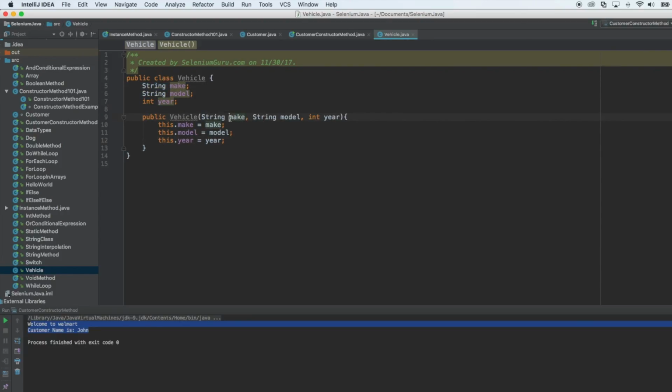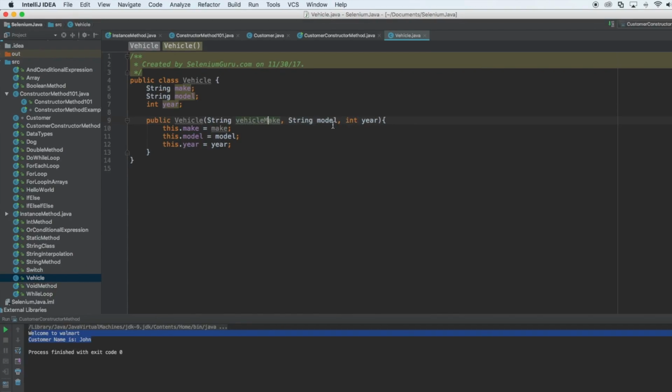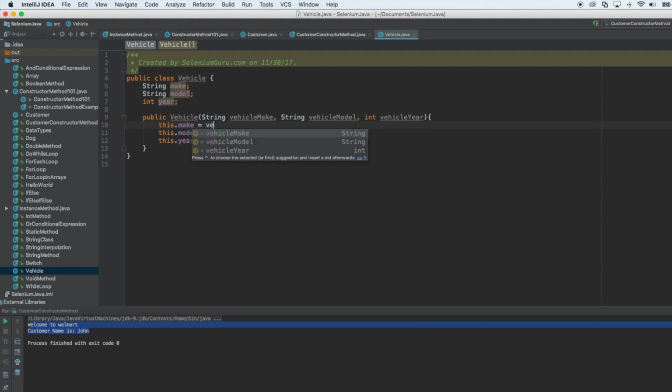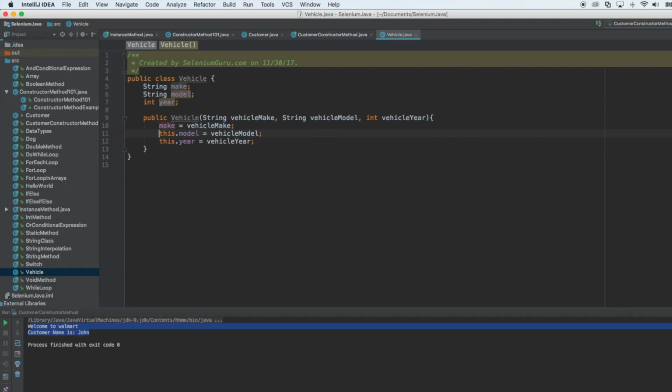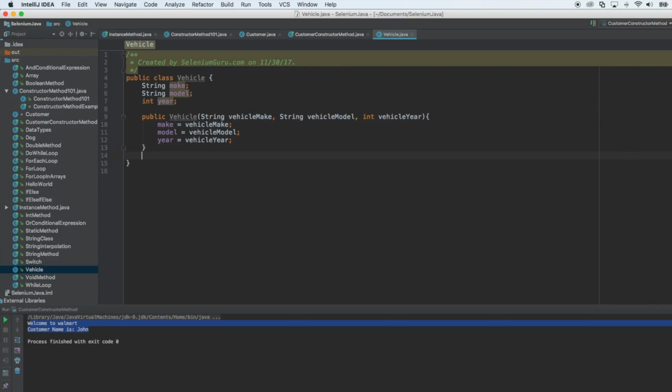To make it less confusing, you can also say vehicle make, and here vehicle model, vehicle year. So now in here I can say vehicle make, vehicle model, and vehicle year. And now if I just do this, that would work as well. So now I don't have to do this because these parameters are different from this one here. So now here I'm actually going to create an instance method. I'm going to say public void start, and it's going to say